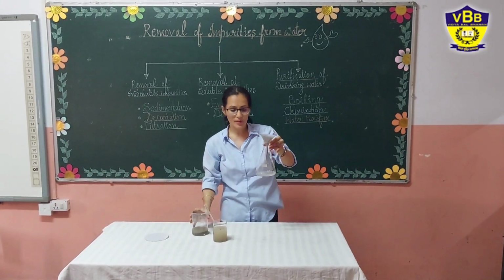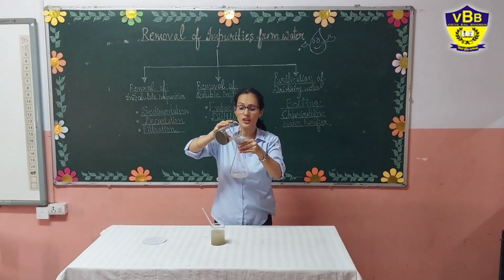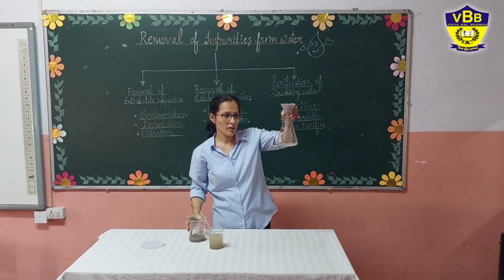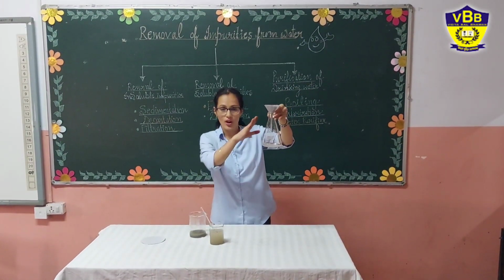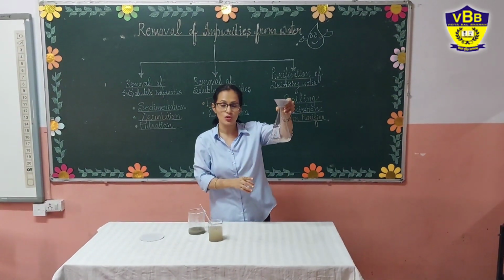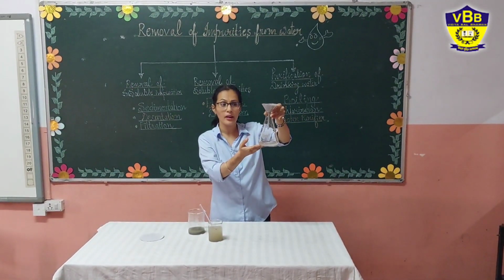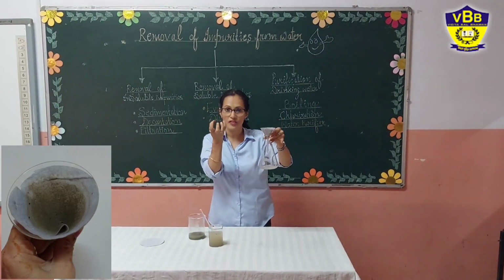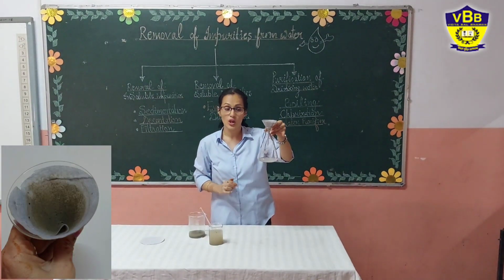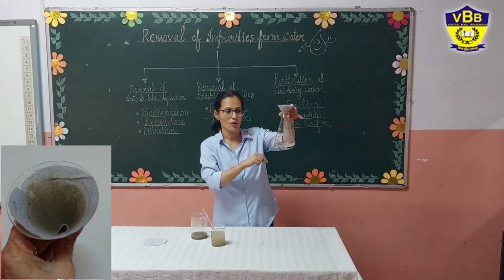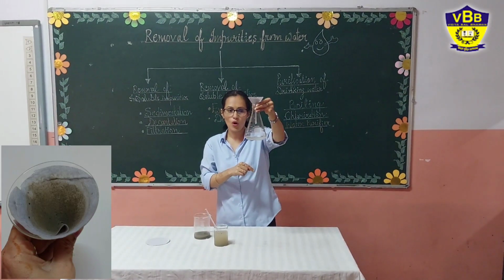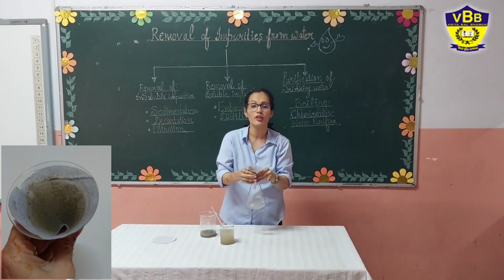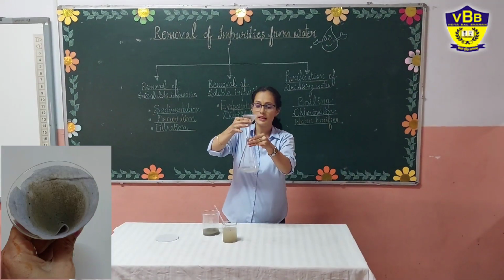Now after some time you can see the filter paper is filled with lots of impurities. Now it is not able to transfer the water rapidly as it was doing earlier. Why? Because all the impurities are settled in the filter paper. The pores of the filter paper are now filled with the impurities, so they are not allowing water to enter. So it is very slow now. Water is coming drop by drop because the filter paper is already filled with lots of impurities. So it has cleaned the water.